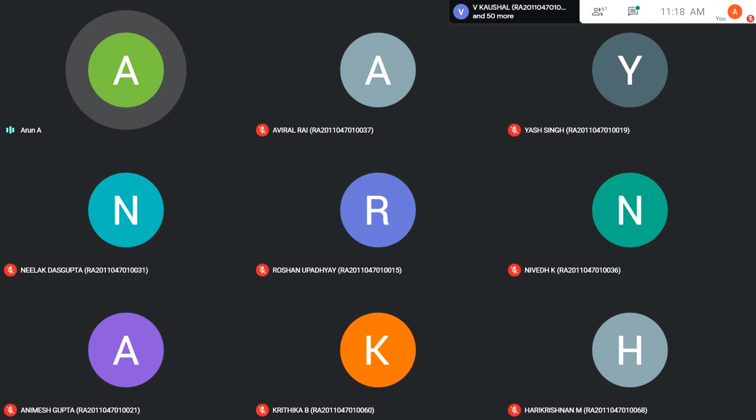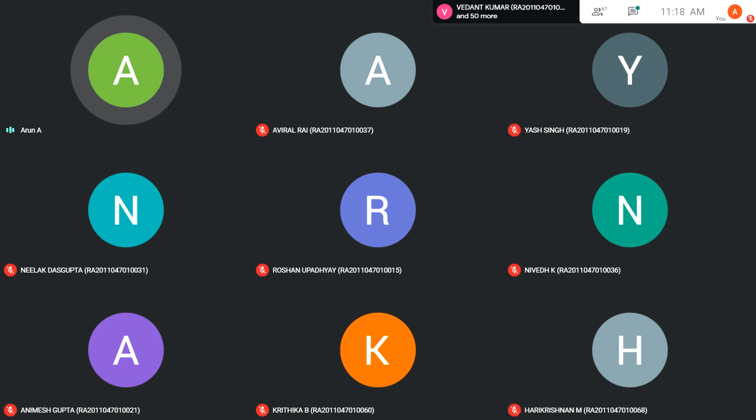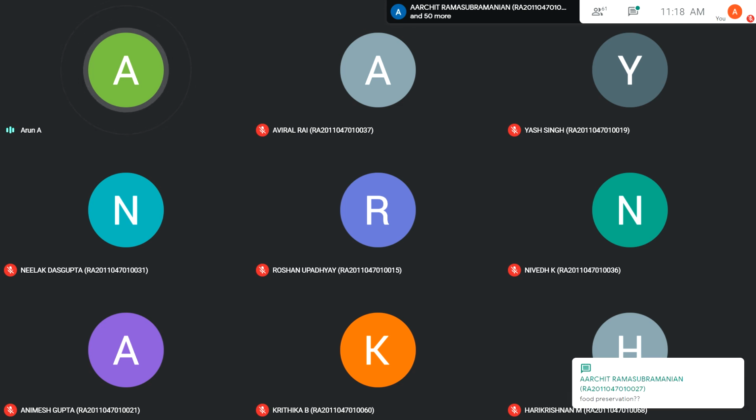See, think about smart. Let me say it once again. The key is smart. Think about how the technology can be mapped with smart. You're all thinking in the kind of food stuff, like it can go for the menu. Even Archit is saying food preservation. Don't keep on thinking about food.